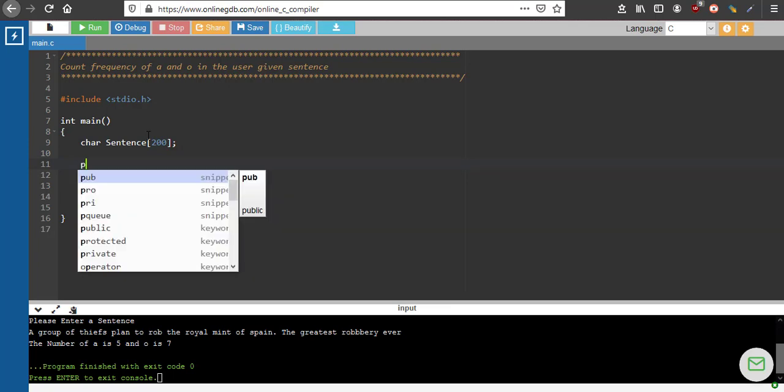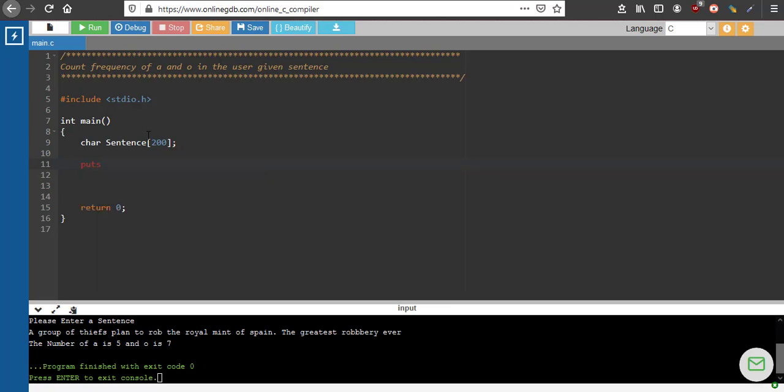Now we'll send a prompt. So puts, now you're familiar with puts, we'll use puts now. Please enter the sentence.